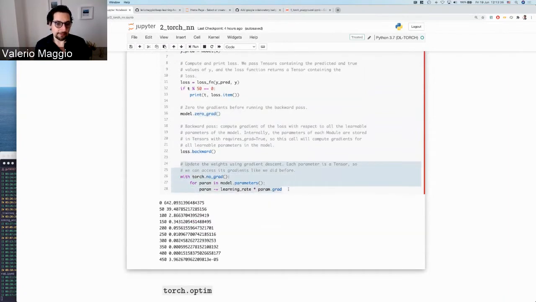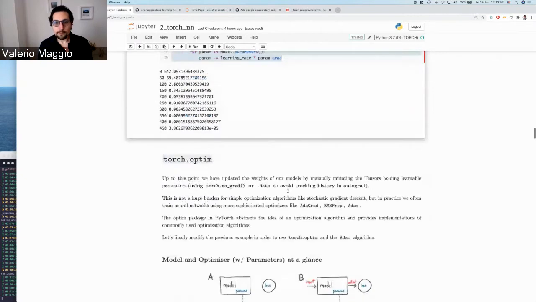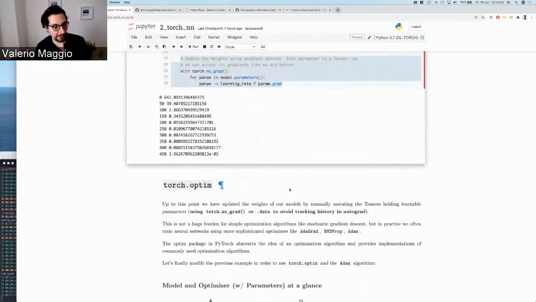The last bit in this example is what we do after we have computed the backward pass: how the model parameters are updated. In this example, we're doing it manually. We are actually applying the update of the parameters as it is in the definition of the perceptron, because this is a sort of decomposed implementation of the perceptron. What if we have a more complex layer? Do we have to do this manually? Or what if we have a different rule, so a different optimizer? And that's why